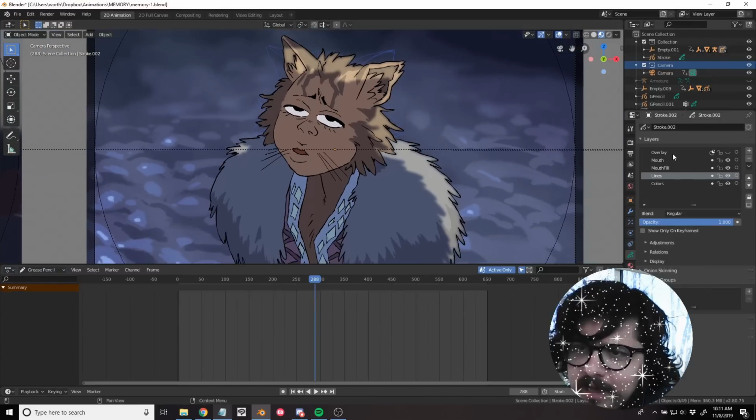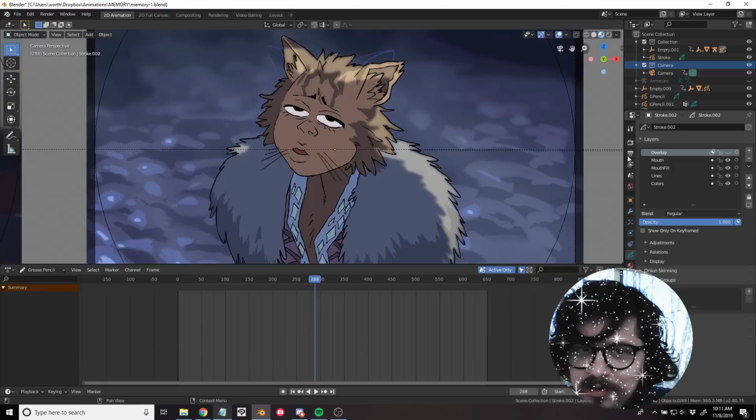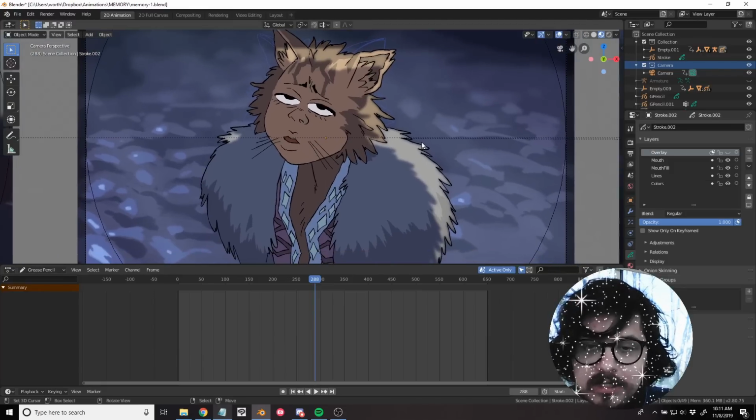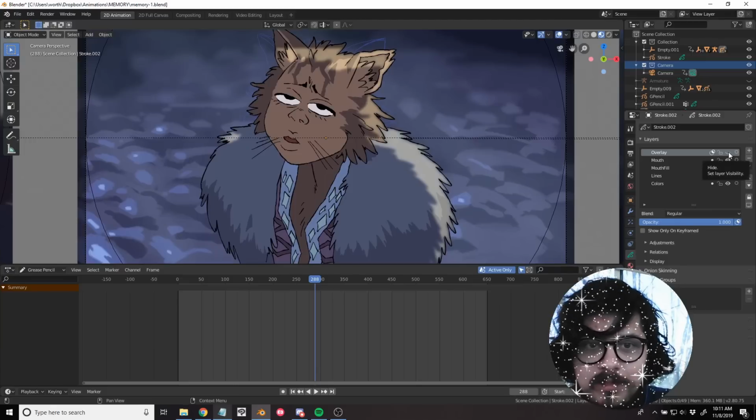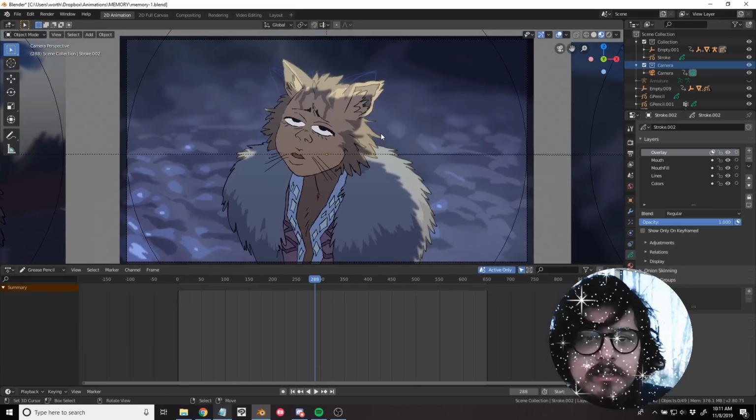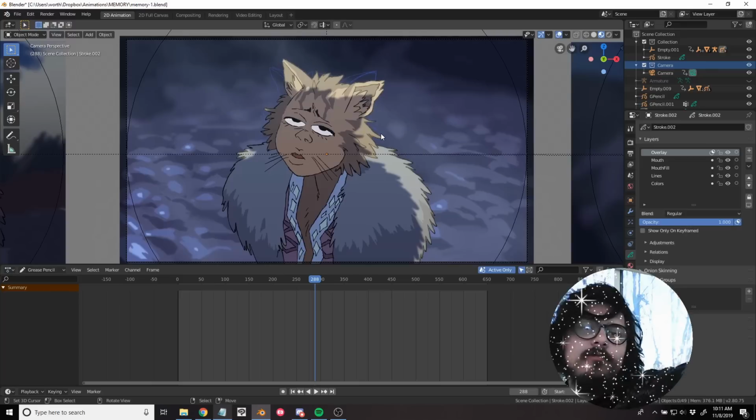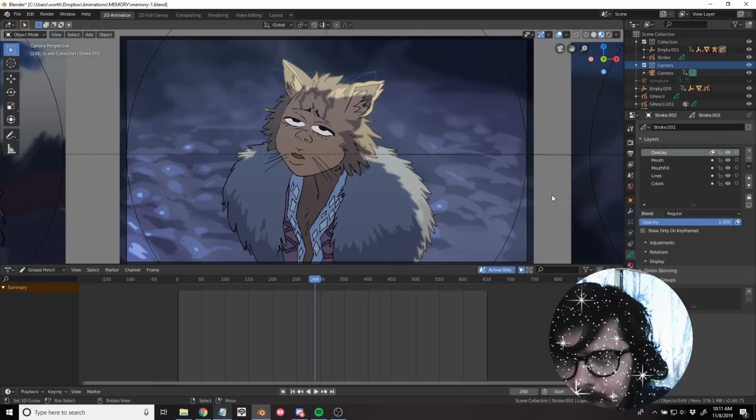And the overlay, you can actually see is turned off. I muted it. I didn't end up using it in this animation because I was having trouble with it. My idea was, let me turn it on. All it was is it's like a gradient effect where from the top it's a lighter blue and then it fades out. And the way I did that is the overlay layer contains one shape on it,